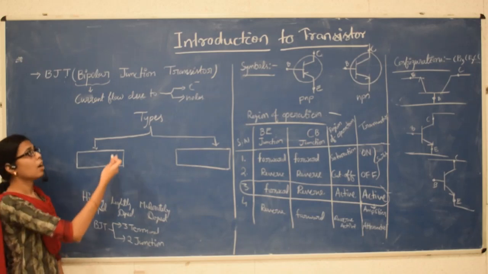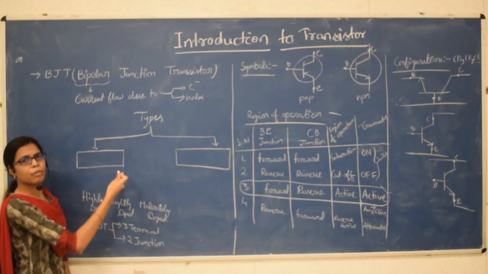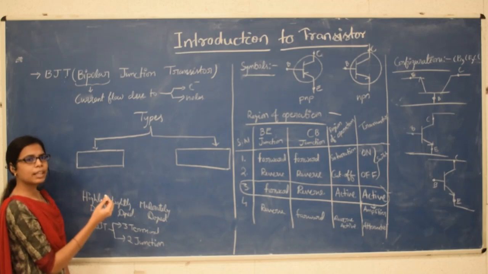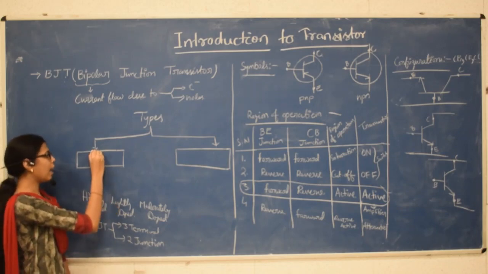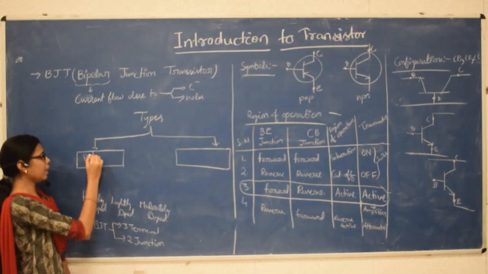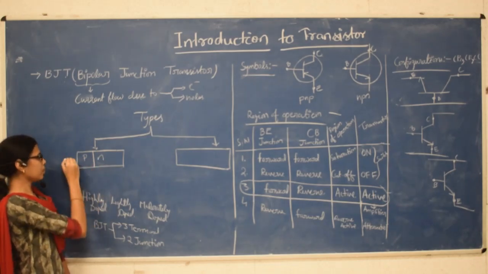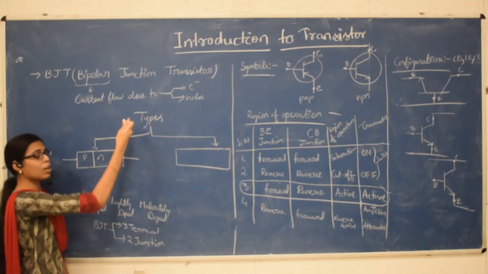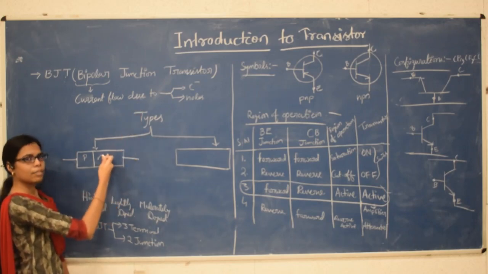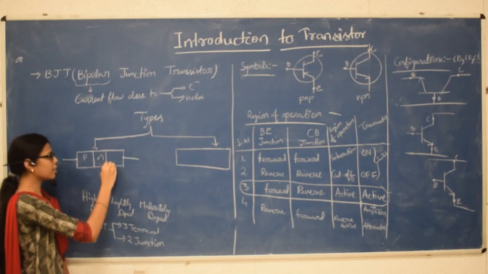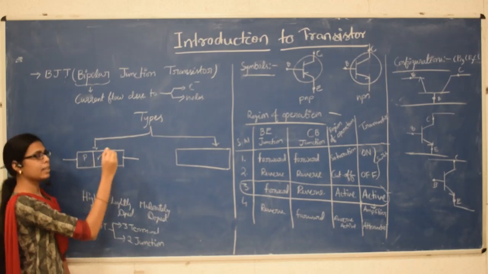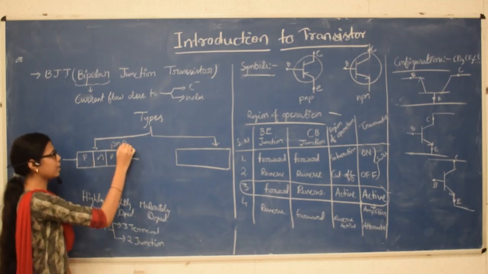See, we know that all these transistors are made up of semiconductors. So let me consider a semiconductor material. We have already seen in the PN junction diode, we had two regions, one is P and one is N, so it had two terminals. Now coming to the transistor, we will have one additional region, that is one more P. So this is called a PNP transistor. So this is one type, that is PNP.